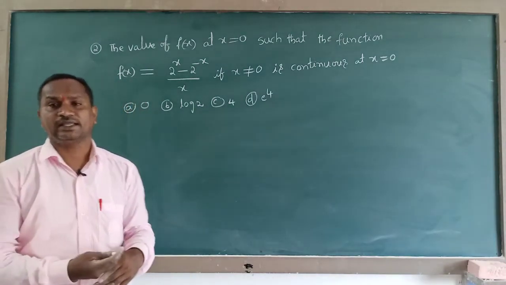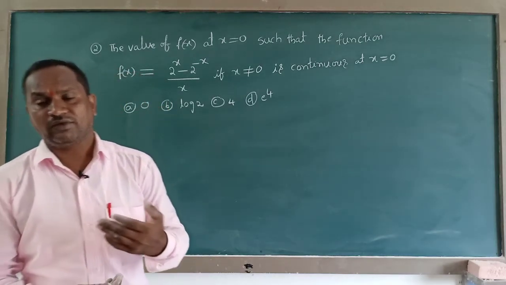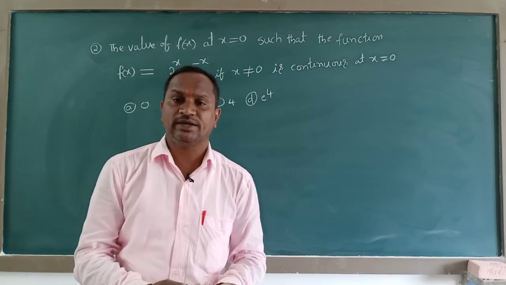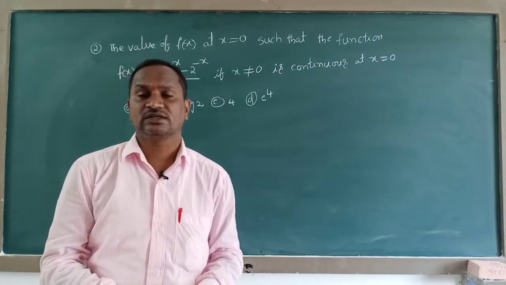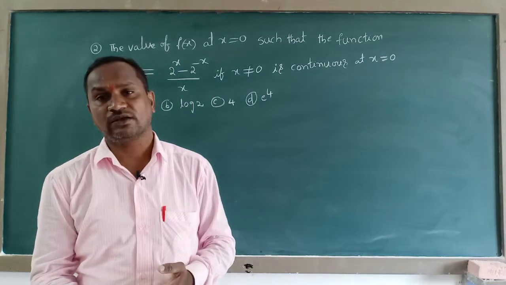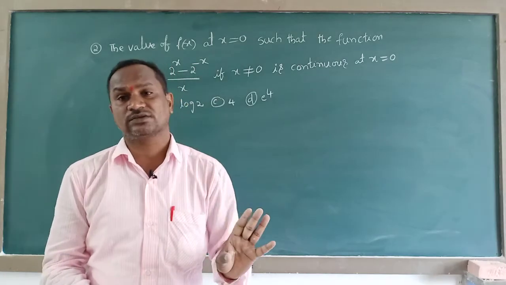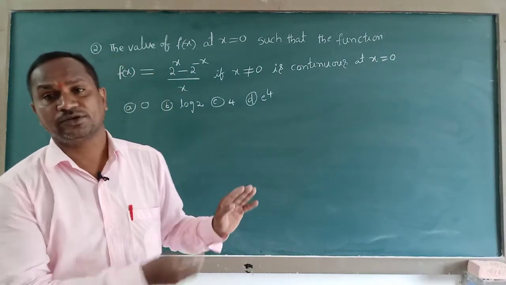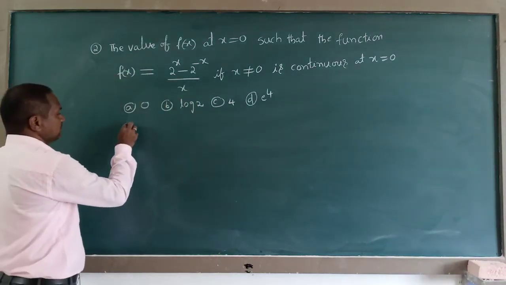Now we are going to find a function value or limit value. Why are we going to find the limit value? Because they mentioned the function f of x is continuous. That's why directly we can take the limit value equal to the function value. Otherwise, you just have to find the limit value, which is enough for this question. Now I am going to find the limit value. The solution to this question: